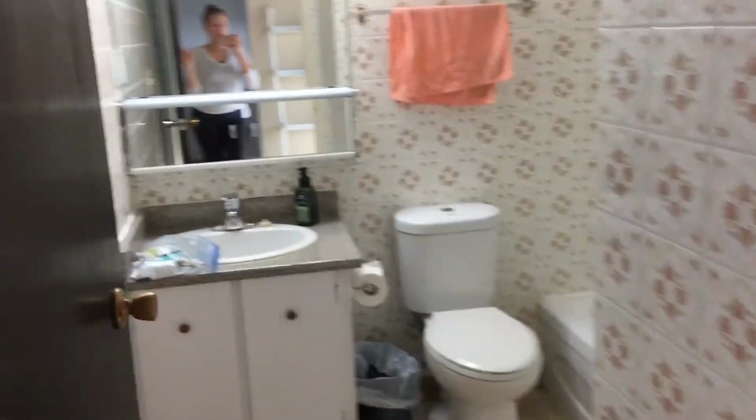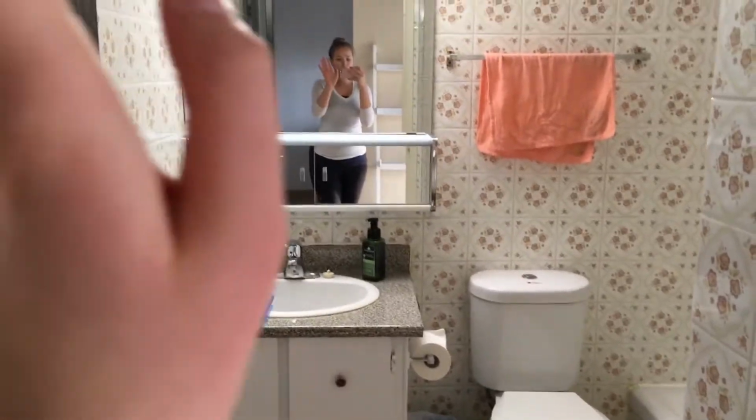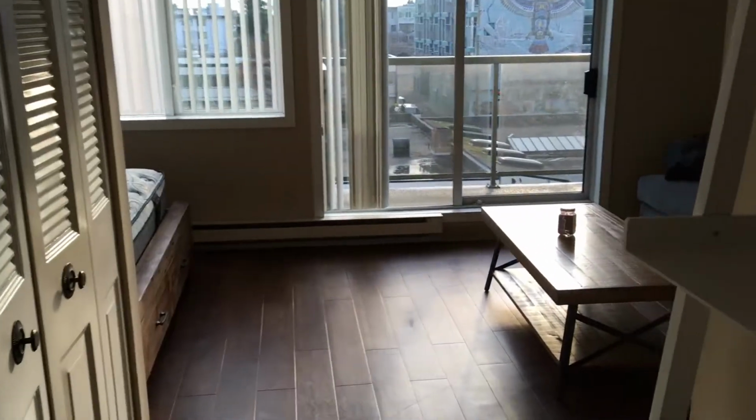Okay, then into my bathroom. Basically, I have not touched anything in the bathroom. They still need to do a lot of stuff on their end in here, so I'm gonna leave it because I don't have my shower curtain up or anything like that. Then, moving in,